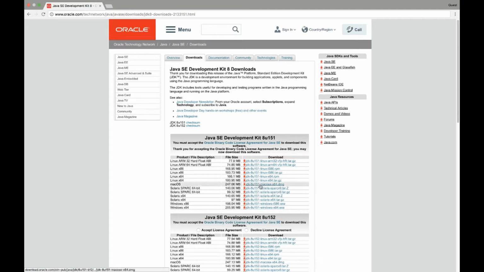And then just accept the license and download the macOS version. And then when you download it, double click to install. It's fairly simple. And then, after you get the development kit, which I already have,